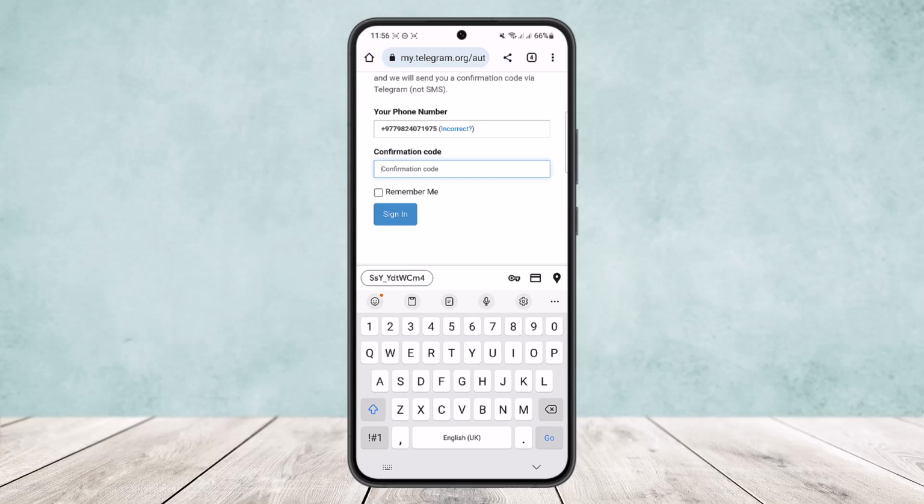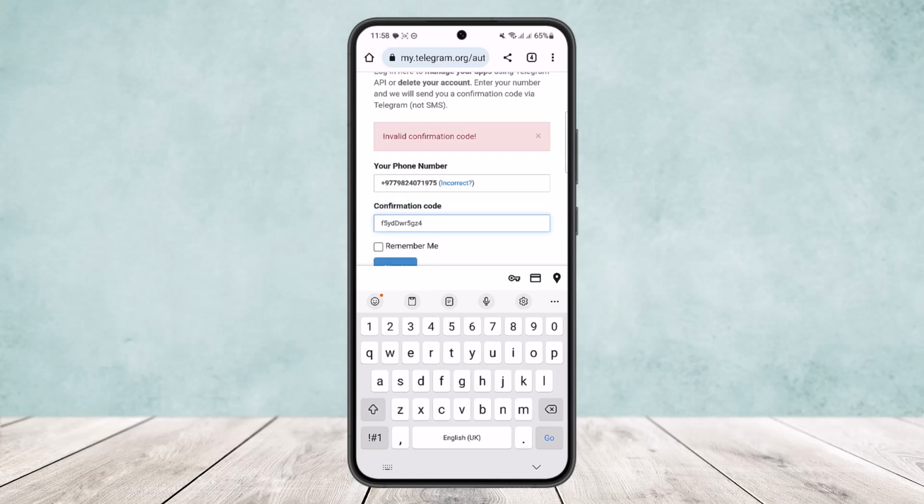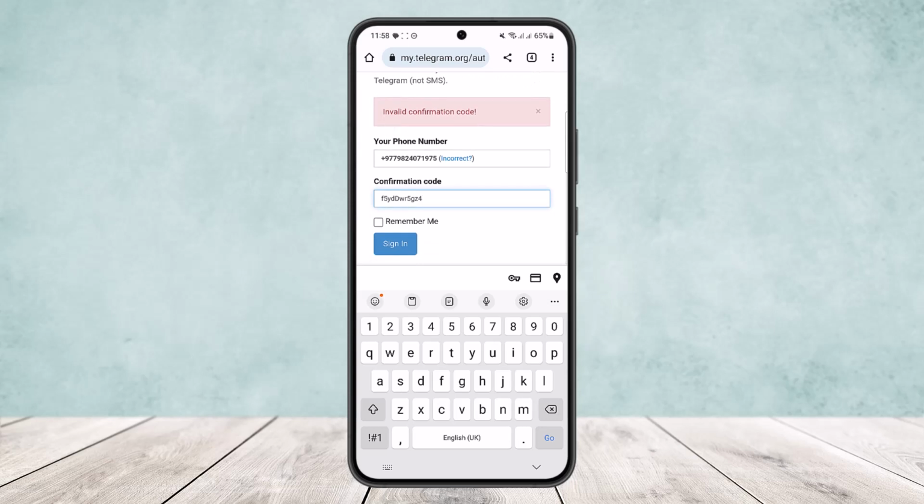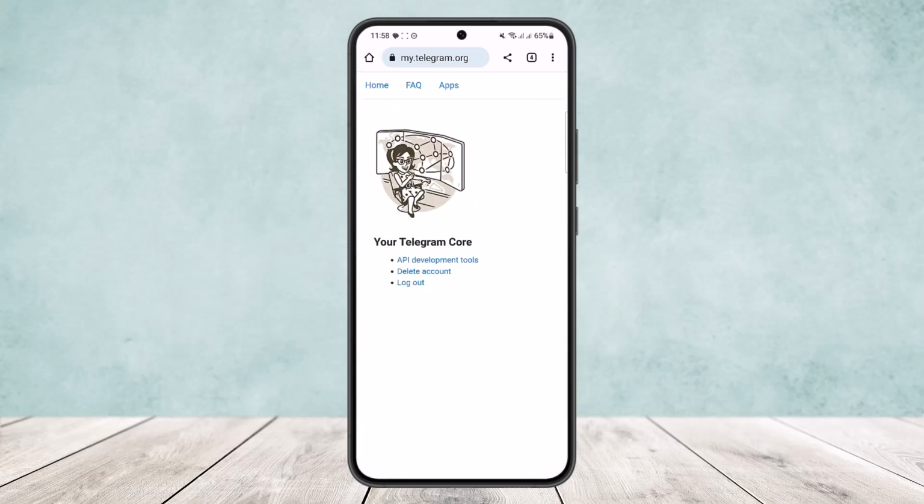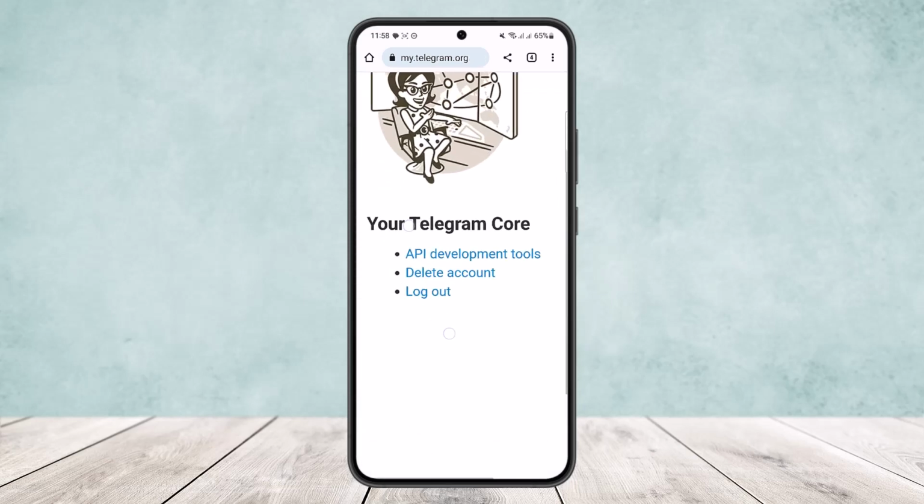I'll quickly type in my confirmation code that I just received. Now here, I just typed in the wrong confirmation code. Make sure to type in the correct confirmation code and then sign in. Once you sign in, you can see you'll get three different options, and the middle one you can see delete